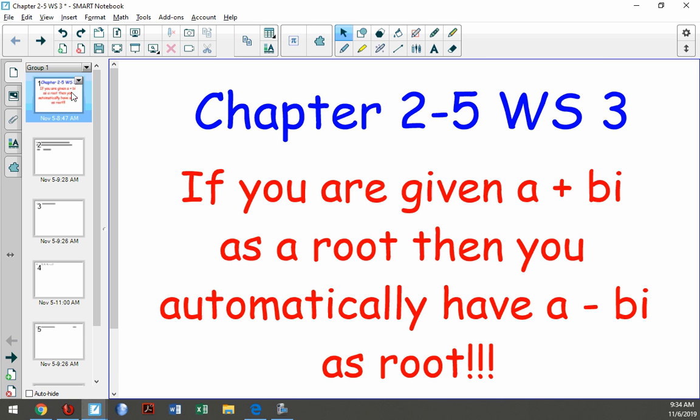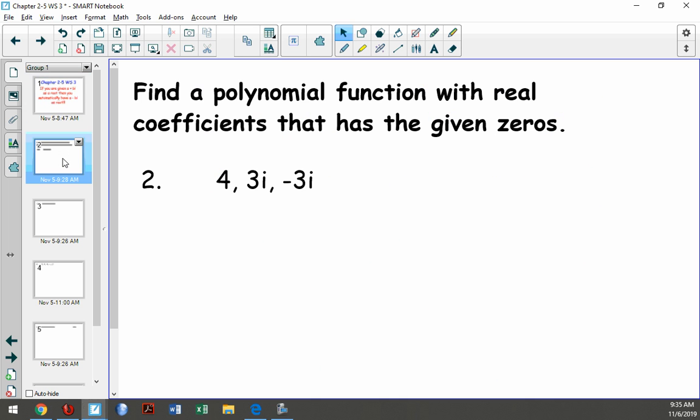So the front page says, find a polynomial function with real coefficients that has the given zeros. So I am telling you that if we're looking at problem number 2, that 4, 3i, and negative 3i are going to be the roots of this polynomial. You with me? Now, if that's a true statement, the very first thing I want you to do is look